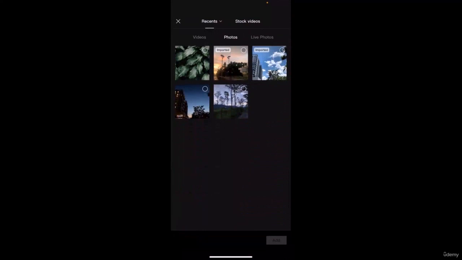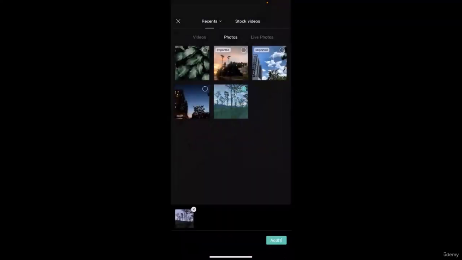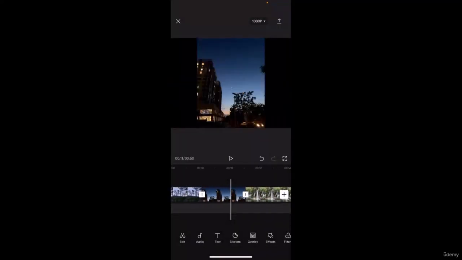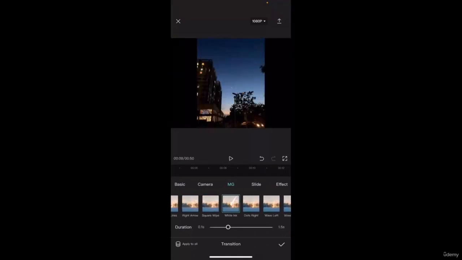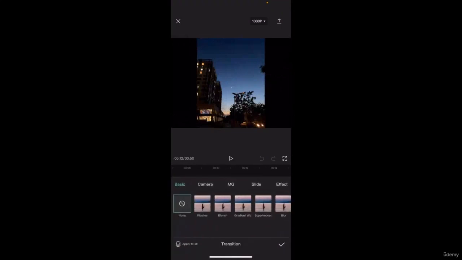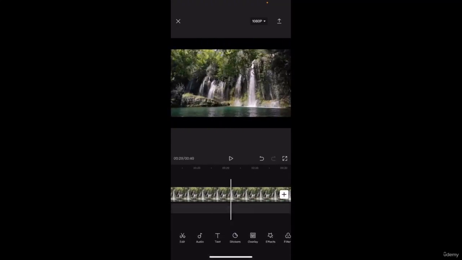So meaning if we add more photos to our workspace right here, you can see we can always add different transitions. So you can add, let's say, this white ink, and then we can just change the duration, and then we can also add another one right here. Let's try to add an effect and see. Okay, split 2. Okay, so